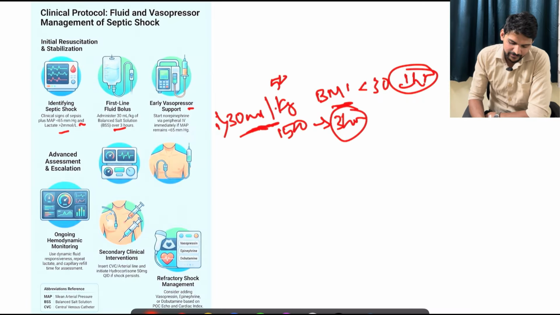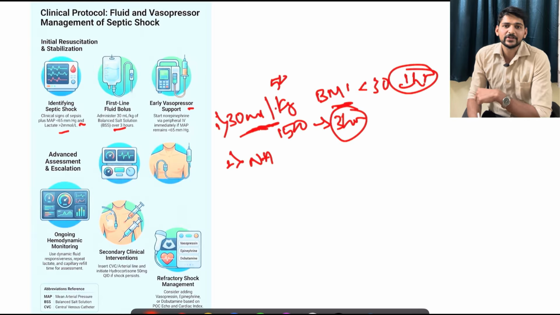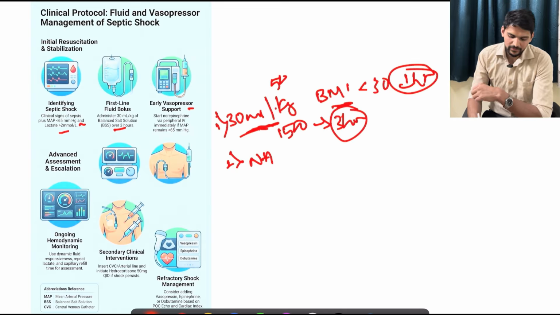Then if the individual is not responding to this as well, then we have to take the help of vasopressors. Ideally, the vasopressor of choice is noradrenaline. Don't wait for central line insertion. Start vasopressors from the peripheral line itself. Target a mean arterial pressure of more than 65. If it is not increasing, we have to place a central venous catheter,